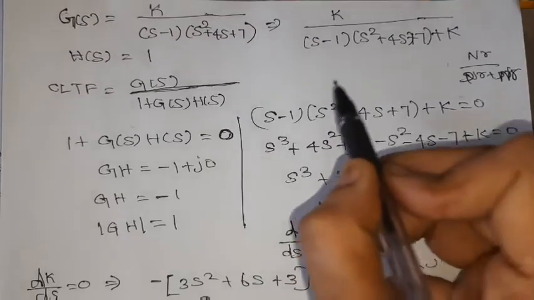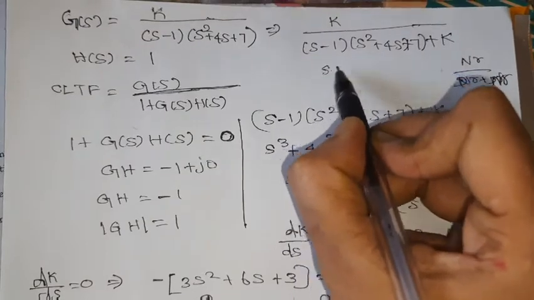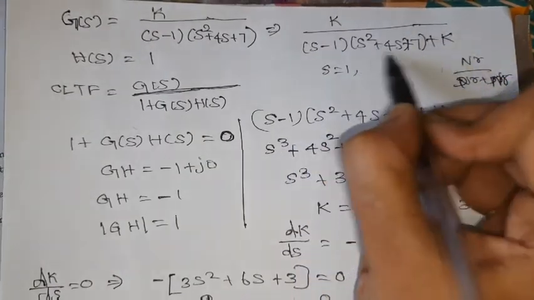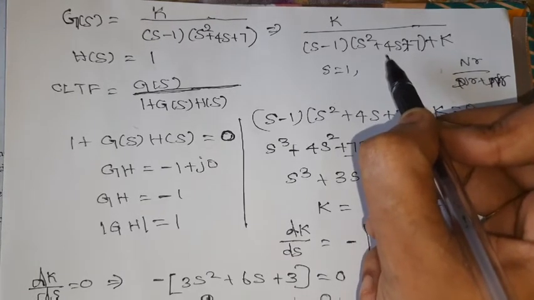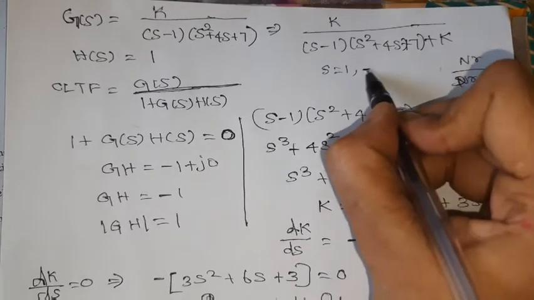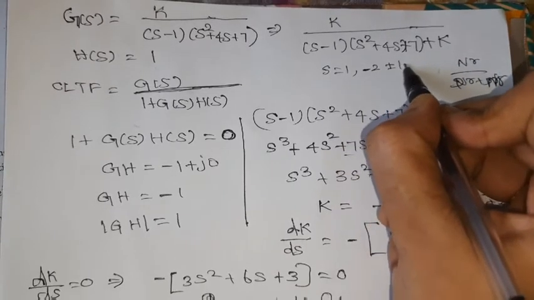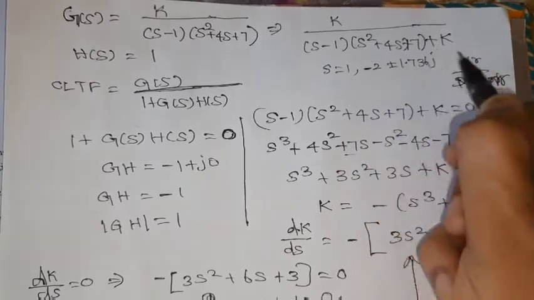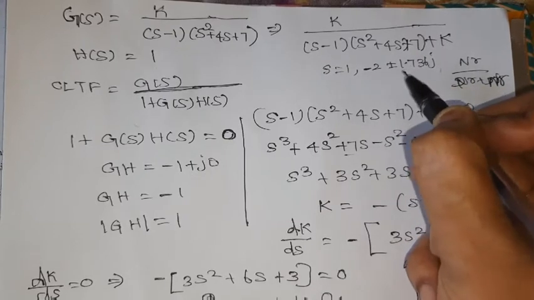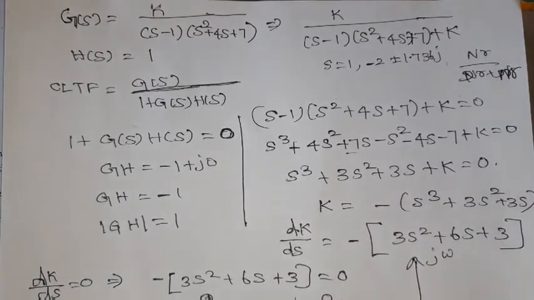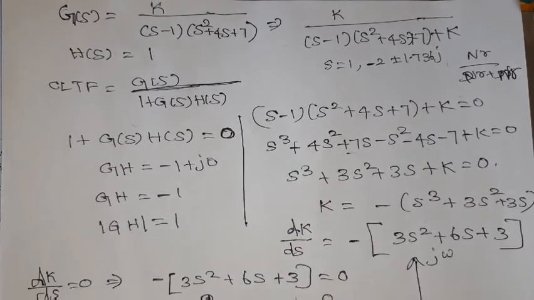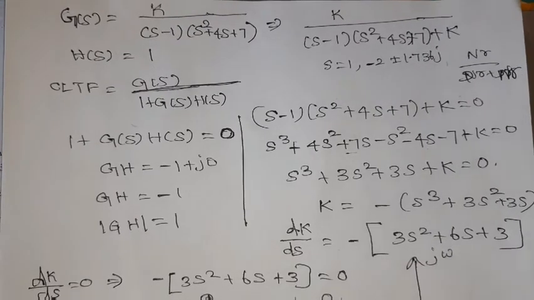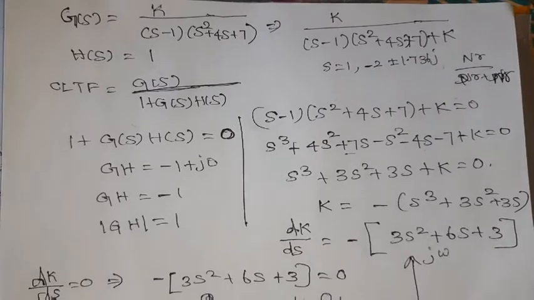What is the pole location here? Simplifying with minus b plus or minus the root of b squared minus 4ac, we get minus 2 plus or minus 1.736j. Some imaginary roots we are getting. This is the pole location. Draw the pole location here. s minus 1 equal to 0, so s is equal to 1. Here it is a pole on the right hand side.